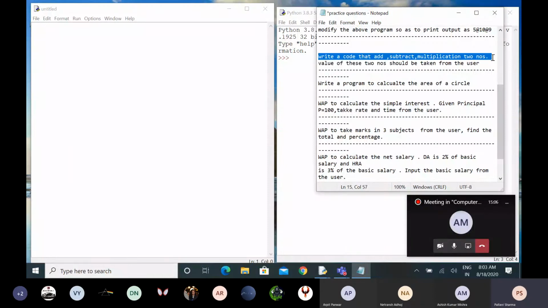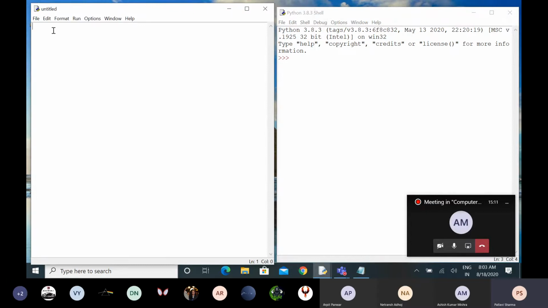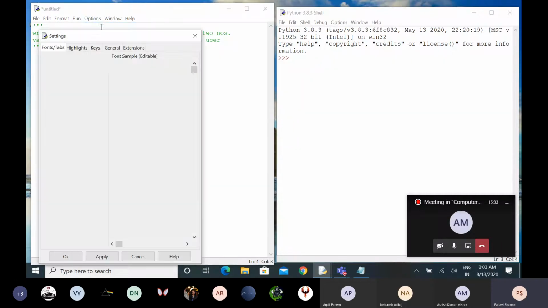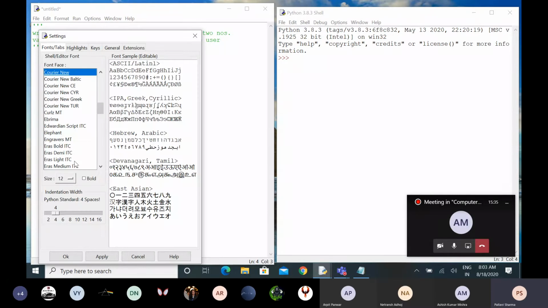कल हमने एरिया ऑफ अ सर्कल किया था द सेम वे. Increase the font size. इंक्रीज कैसे करते हैं, how you can increase the things. यहाँ पर ऑप्शन पे जाओ, ऑप्शन आती है कॉन्फ़िगर आईडीएलई. Just click on this option. You will find the option यहाँ पर size. You can increase the size and you can change the font also.